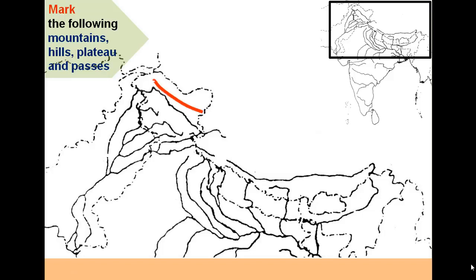Karakoram Range. As you can see, it has been shown with thick red line. It's spanned between northern parts of Jammu Kashmir. It touches the border of China and Pakistan and also extends into Afghanistan. Second, Mount Godwin Austen, also called K2. It has been shown with the help of a black colored triangle located in the Karakoram range. Part lies in Jammu and Kashmir border and second highest peak in the world, 8,611 meters from mean sea level.